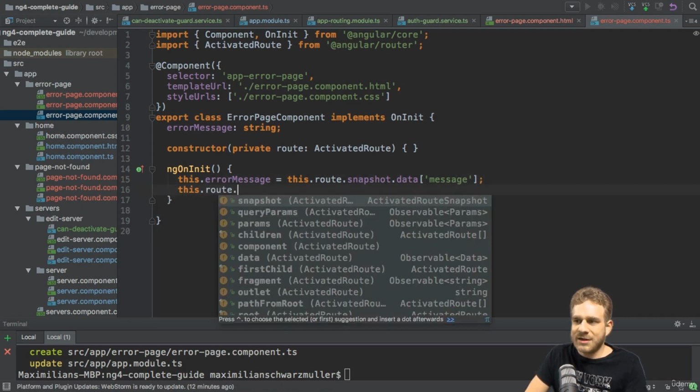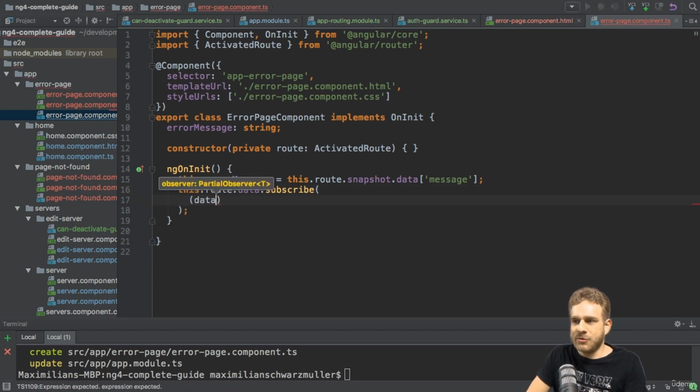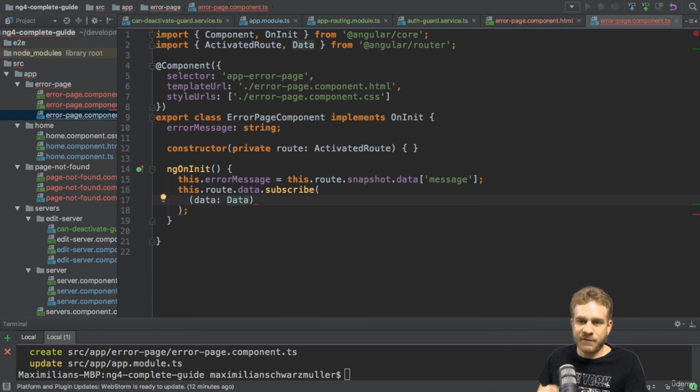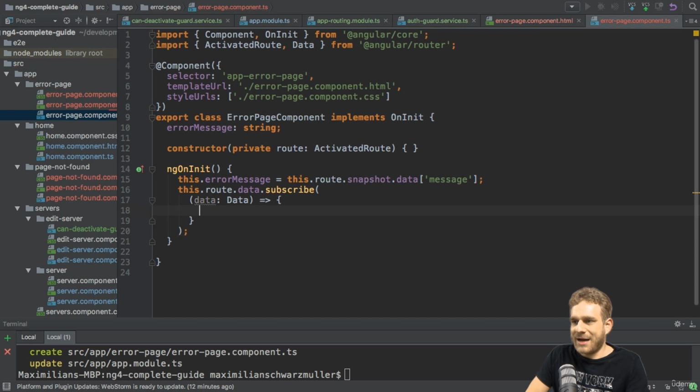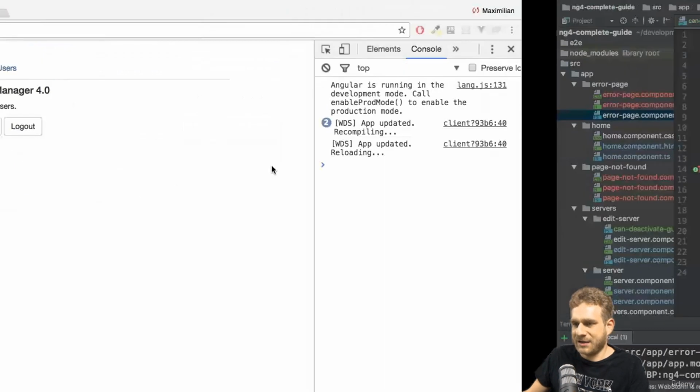you want to use your route and here the data observable to which you subscribe and which will give you this new data object here of type Data, some dummy data type you can import from Angular Router, which will in the end give you access to your data or the properties you defined there. So here you could then also set it equal to data.message. Both would work depending on whether it may change or not. So yeah, both should work. I will comment out the first use case here, but again, if it doesn't change, using the snapshot is absolutely fine. So with this, we should now bind this, and therefore if we save this and go back to our application,